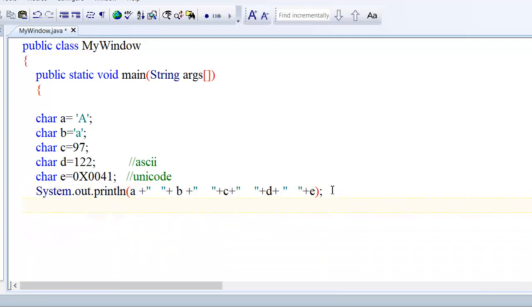Let's say I am using an arithmetical operator, A equal to A plus 1.